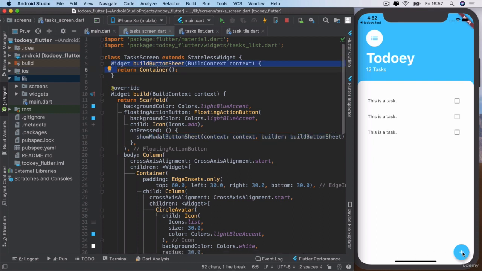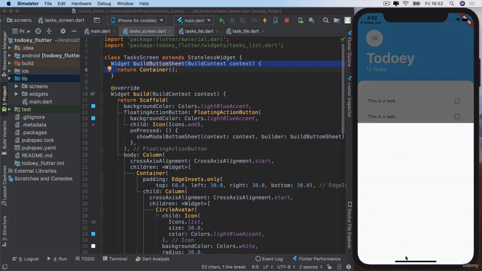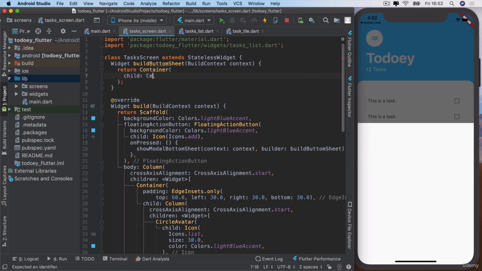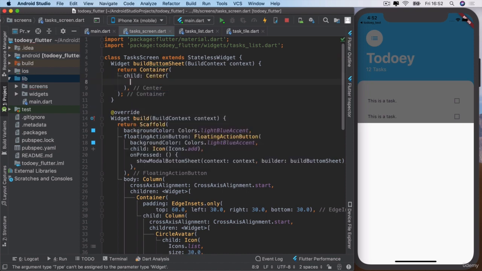But now when we press on the button, that's the moment of truth, and we get a bottom sheet that pops up from the bottom and builds a container widget to show us. Now, how can I be sure that we've got actually our container? Well, let's give it some text, shall we? Let's give it a centered text, which is going to be,